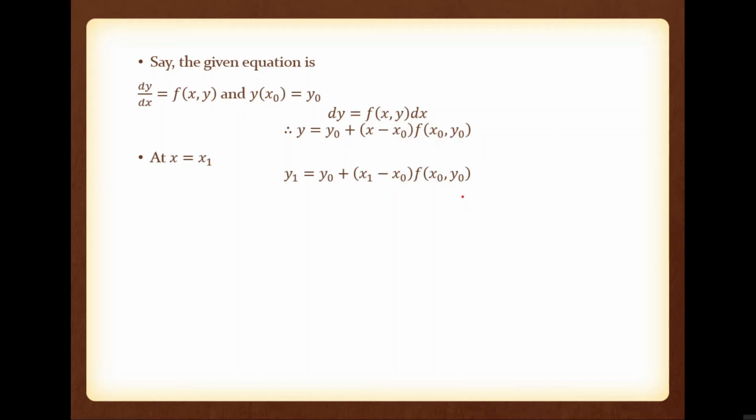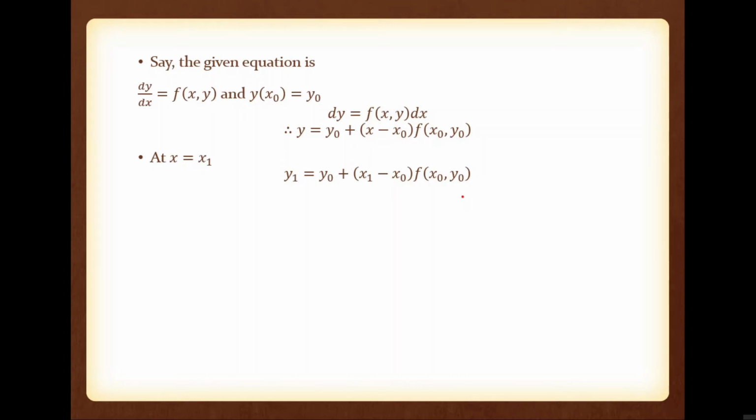So please note, Euler's method is not giving a function y of x. By solving the ordinary differential equation, Euler's method is giving the value or values of y of x. It is not giving the function. Please note, in Taylor's method we can derive the function, we can derive y of x. But here we can't derive y of x. We can find the values of y of x.